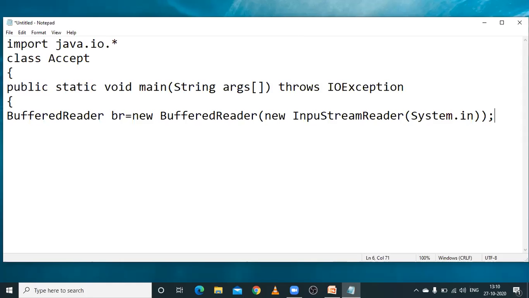So this line must be included for every program which we create here.